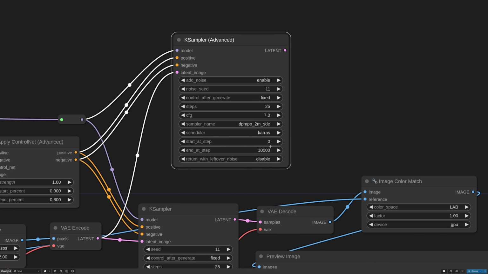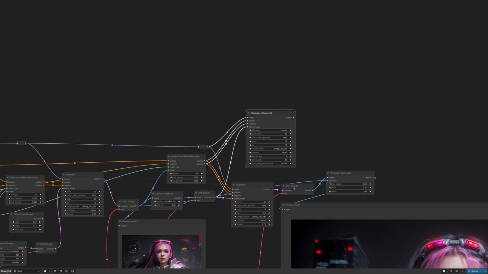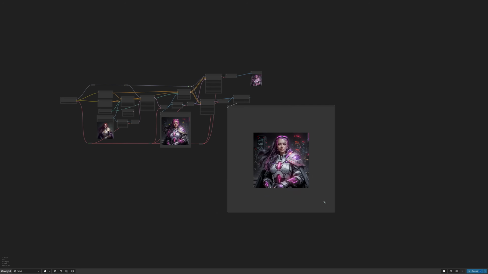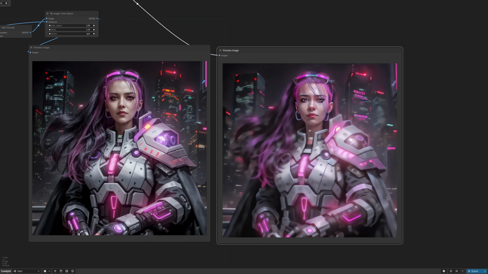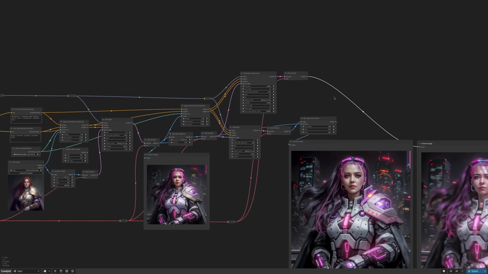So this K-sampler will take care of the initial generation, which is the most important. I will run this for 12 steps, that is about half of the generation. Just to see what happens, I'm adding a VAE decode and a preview. Okay, now that we have the halfway generation, I can inject some noise at this stage and finish the image